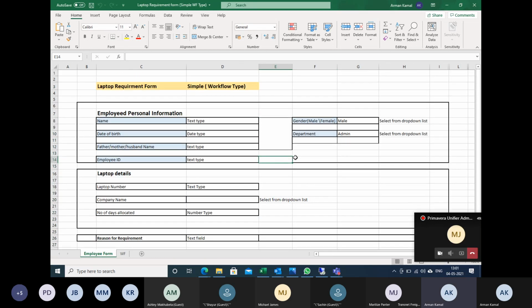Now you need to understand this requirement BP, where the employee needs to request a new laptop. Give me a second, I'll plug in my laptop charger.